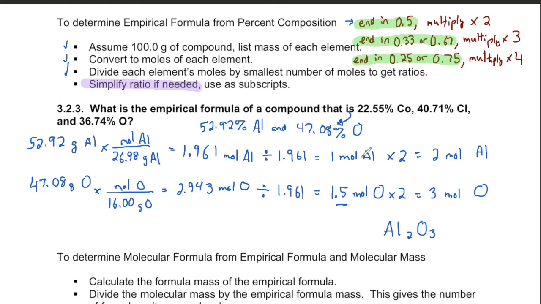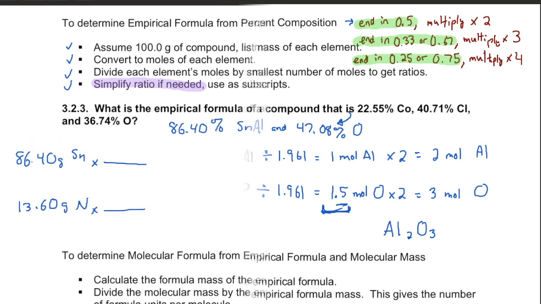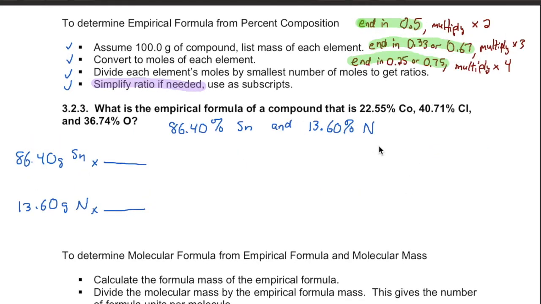Let's try one more example where we have to do all 4 of these steps. So here was that step 4, multiplying both by 2. Sometimes you do come out with all whole numbers at this step, and that's great. You're done after step 3, but let's try another example where we have to do step 4. Let's try another one with